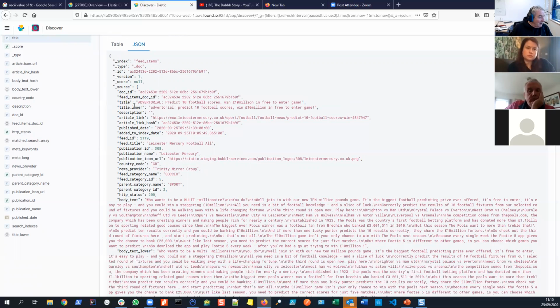Now this is the way it appears in the actual document, the original, which is a mix of uppercase and lowercase. So we also have this thing called title lower, where everything's lowercase. Generally speaking, the way we match things when we're searching is we've always done it just on lowercase. So we've got title lower, descriptions, nothing in there. This is the link, in other words the URL of the story that's going to get shown inside the app.